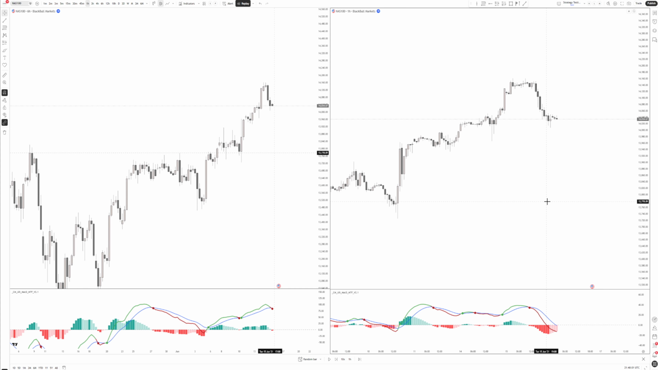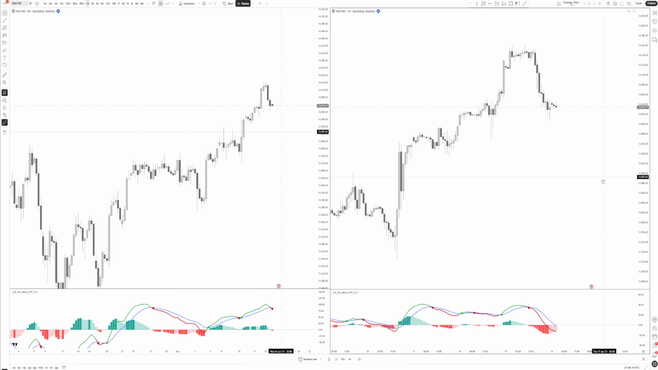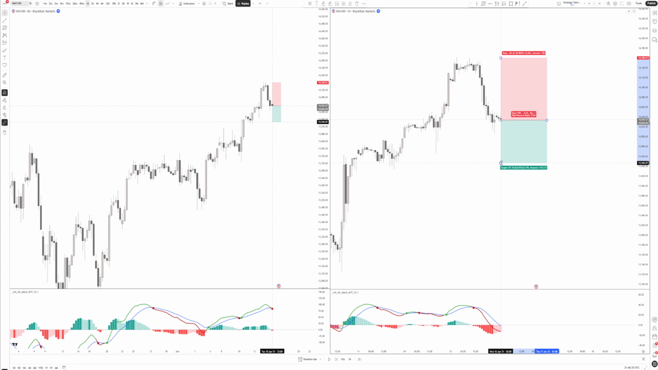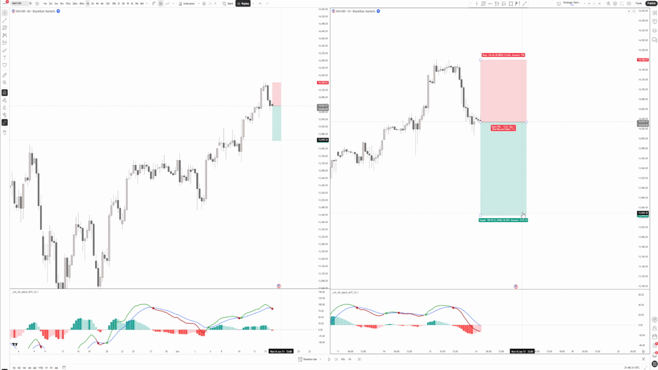Okay, so right now we have got a situation where the 6 hour is bearish, and we have still got the 1 hour that is also bearish, and we are in the Asia session right now. So if we were to just execute it based on this, then let's get our model, and let's just go for like